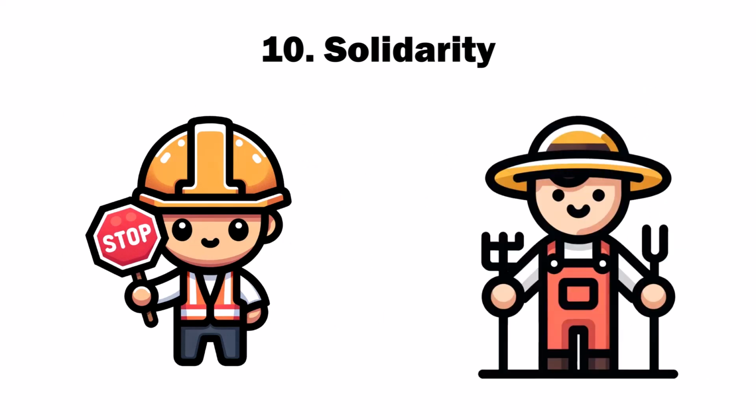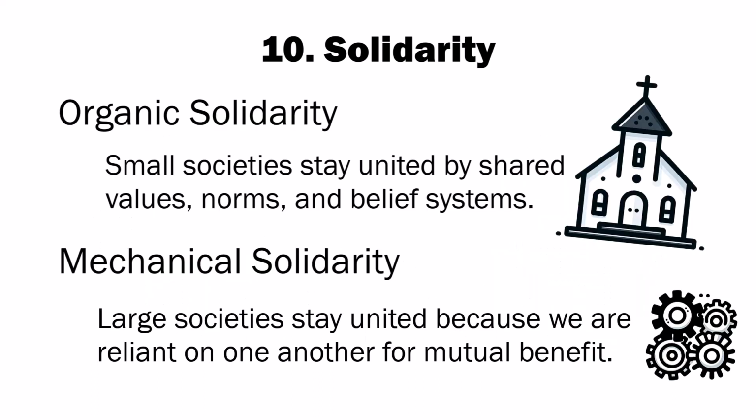different values to the farmer, but they agree to get along and respect each other because the farmer needs the road to be paved in order to get his food to the market. In turn, the man who paves the roads needs to buy the farmer's food at the market. So, in large societies, we are united by our common interest in having a functioning society rather than common values. This concept of mechanical solidarity explains why large societies can exist without falling into chaos, even though we are all